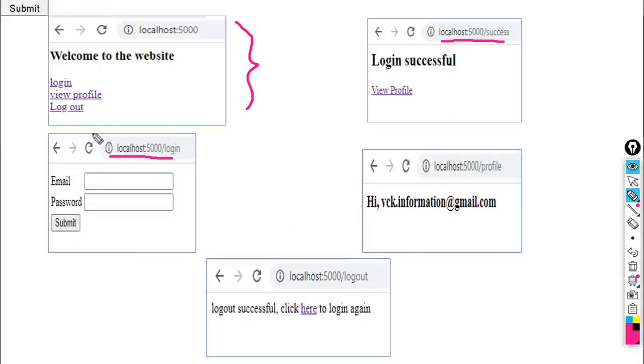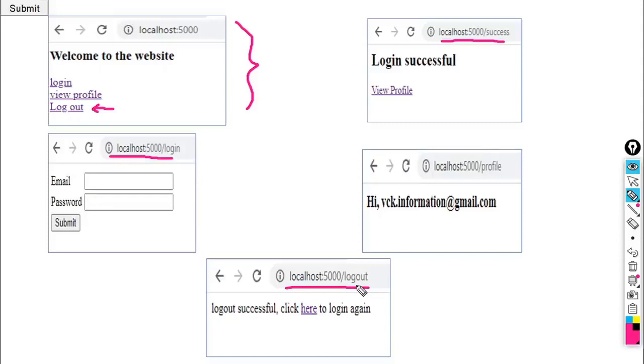Then logout. When you want to log out, you should click on this one. When you click on logout, it will again render the HTML script and provide you the URL /logout.